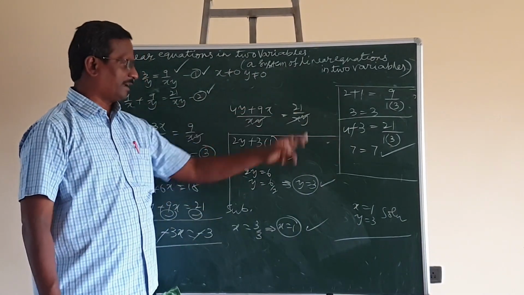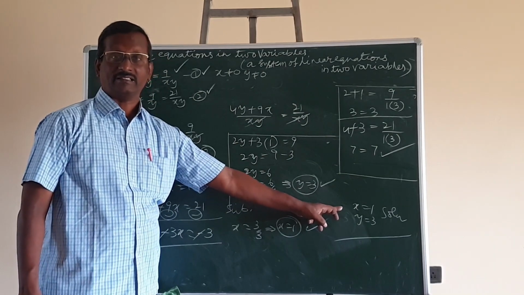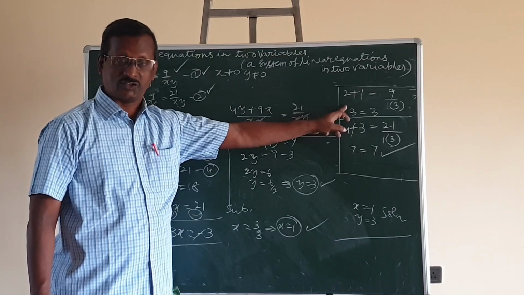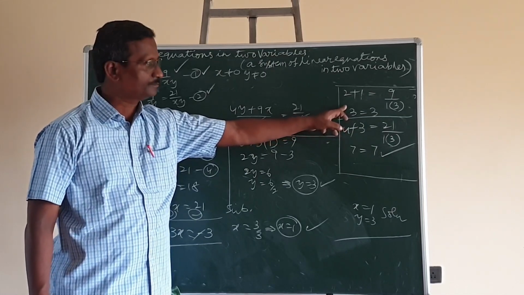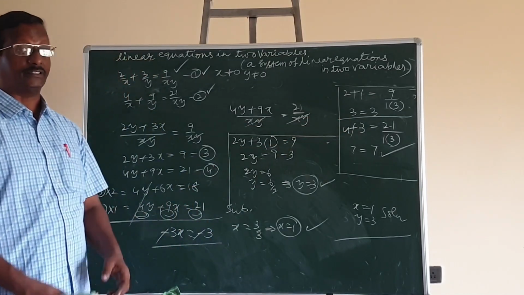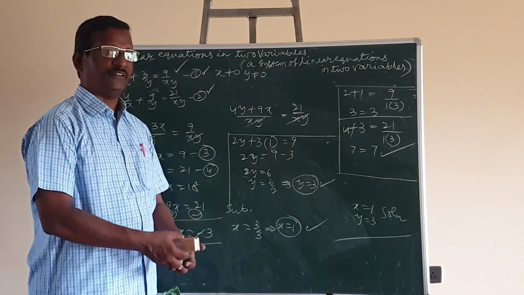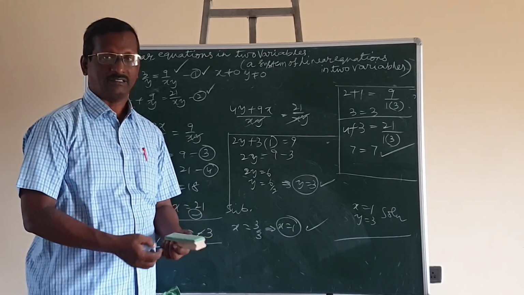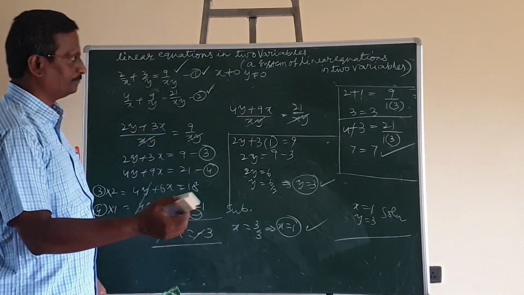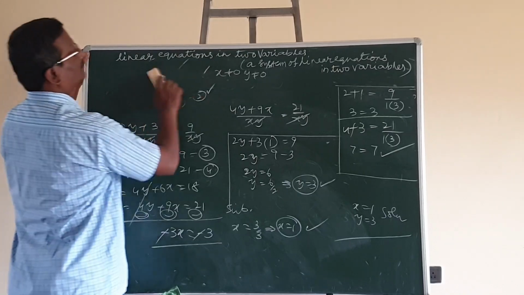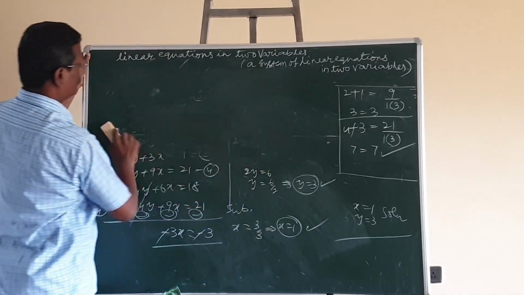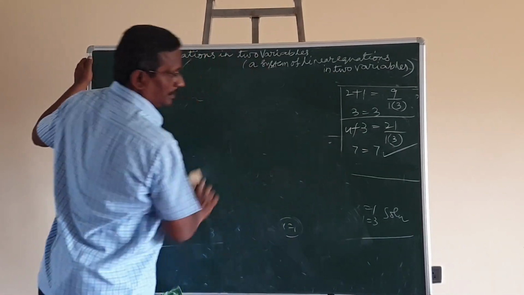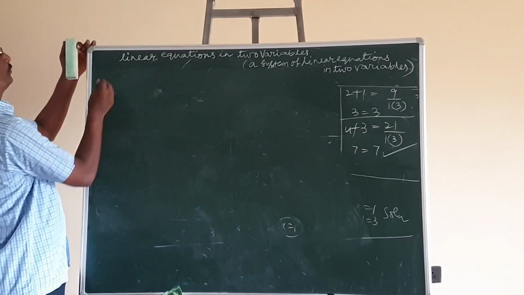In case the solution we get is not satisfied in the equations, we have to search for where the mistake lies. So now let's go for the third pair of equations, where if necessary we have to reduce the equations into linear equations in two variables, otherwise use some alternate method. Now for the third pair, it is x plus y is equal to 5xy.